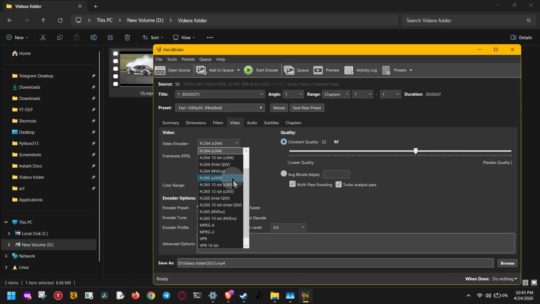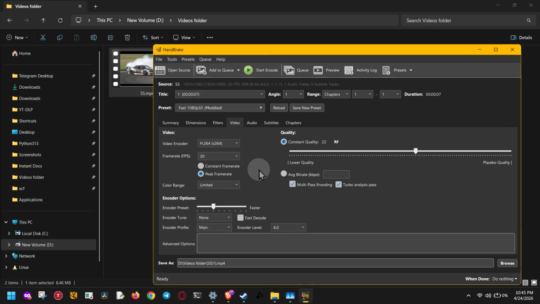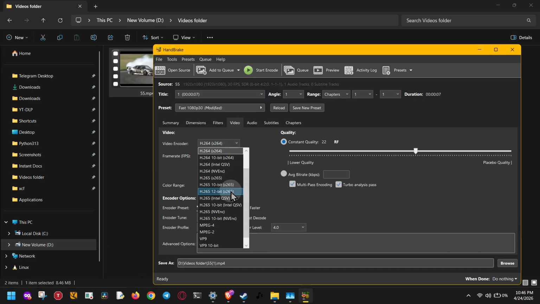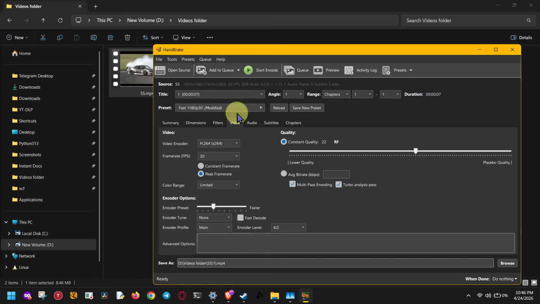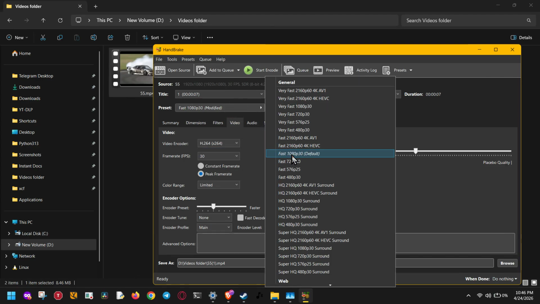If you have an Intel processor with Quick Sync Video support, select H.264 Intel QSV or H.265 Intel QSV. Intel QSV is designed to offload the encoding work to supported Intel graphics hardware, which can give you a big speed boost compared to software encoding. If you're using an AMD graphics card, select H.264 AMD-VCE or H.265 AMD-VCE. AMD-VCE is the hardware encoder built into supported AMD GPUs, and it can help HandBrake encode much faster than normal